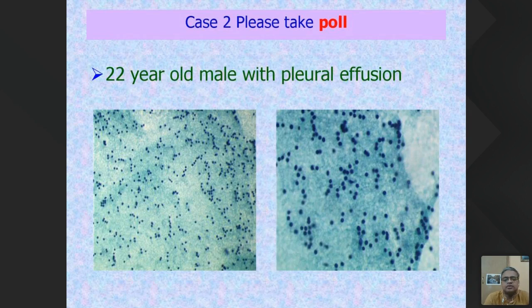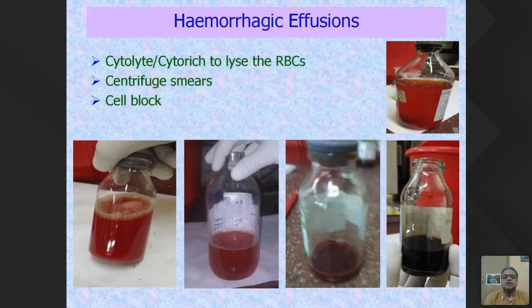Instead, numerous lymphocytes are shed into the fluid. This might be because, if at all granulomas are there, they might line the pleural cavity, or if they're inside the lung, they still secrete cytokines which attract lymphocytes, which then exude out into the pleural cavity, and therefore you get that kind of hemorrhagic effusions. Now, what are hemorrhagic effusions?